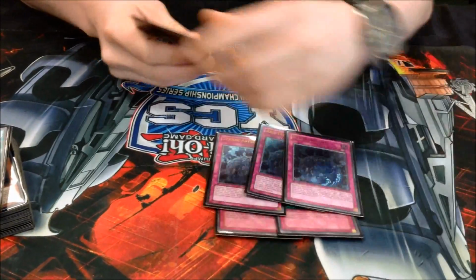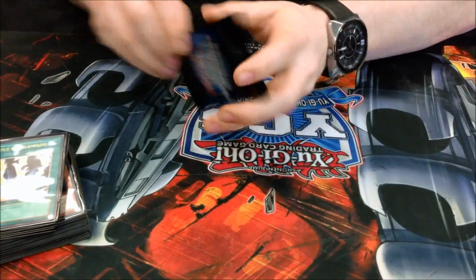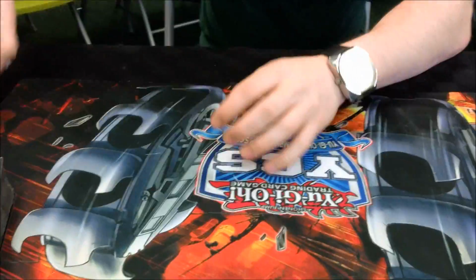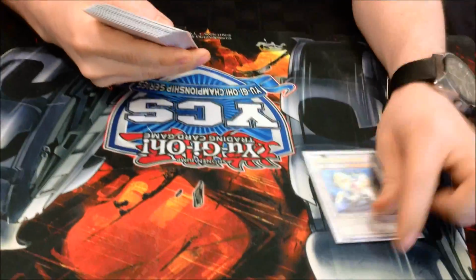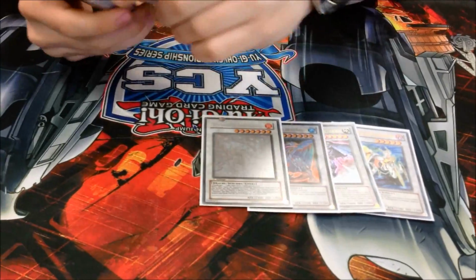3 Visphere, and then 1 Squall. Okay, sounds good. That's the main deck. Okay, let's move on to the extra deck. Extra deck, I have Catastor, Scrap Dragon, Gungnir, Black Rose, DeLorean,